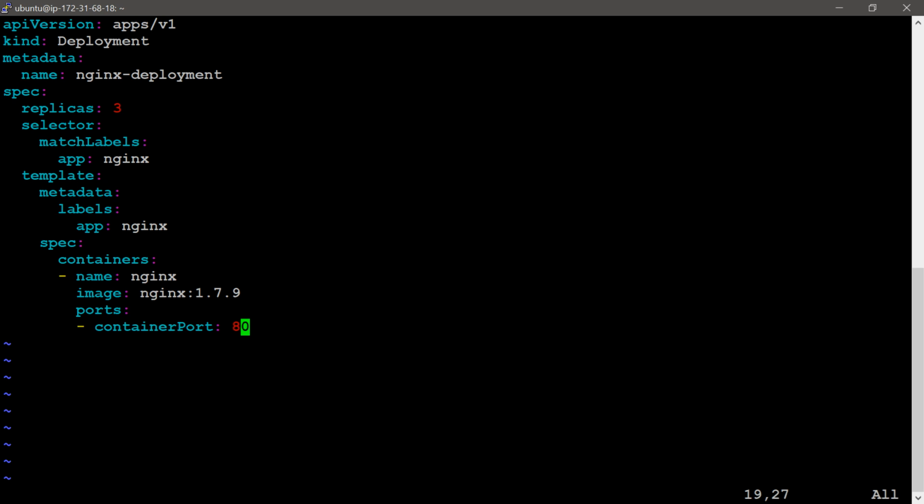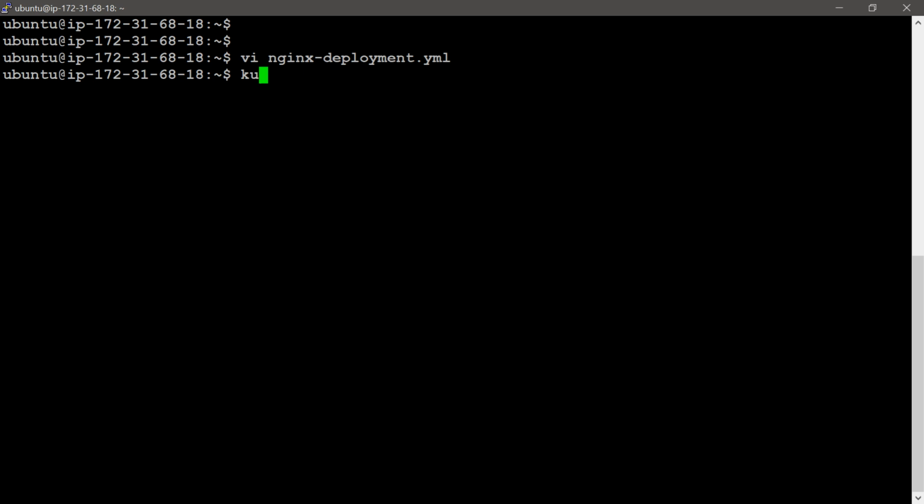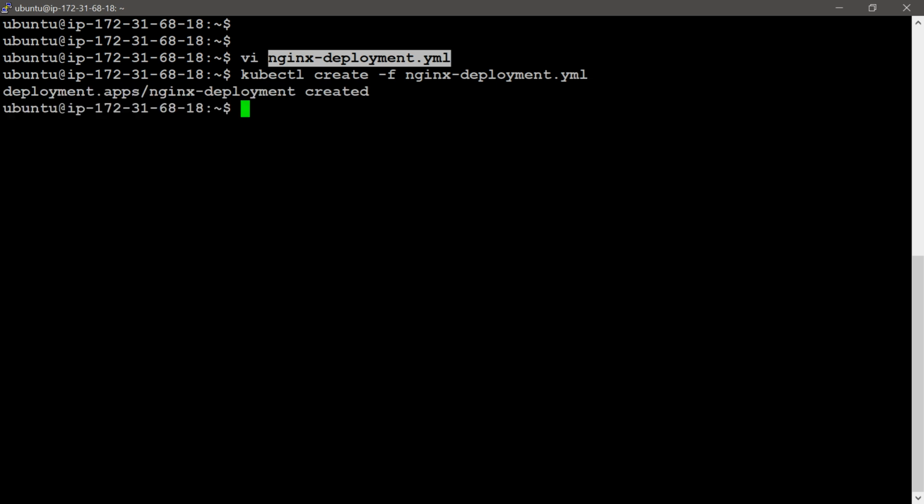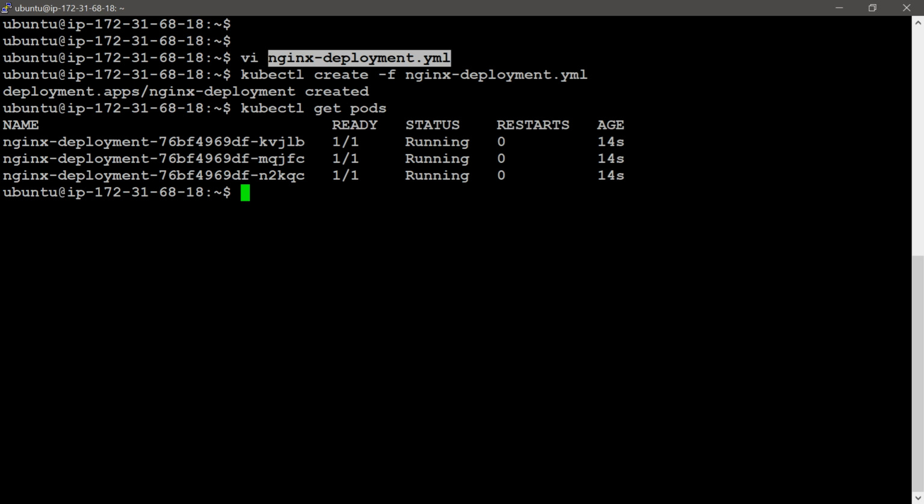Then I am going to save this file. Then I will create the deployment: kubectl create -f and the deployment YAML script file name. Deployment was created with nginx-deployment. Then the kubectl get pods command will show the 3 replicas.